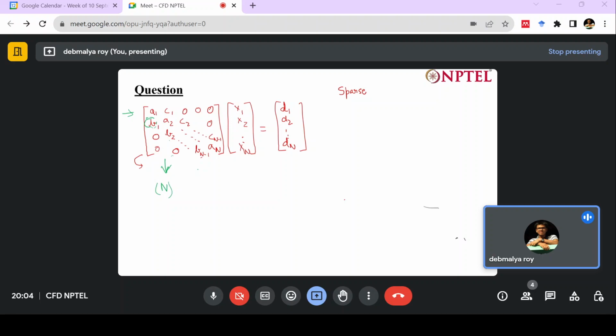So here also there are two processes that you were saying. There is forward elimination, which is the process of converting this into an upper triangular matrix. And then there is the backward substitution,